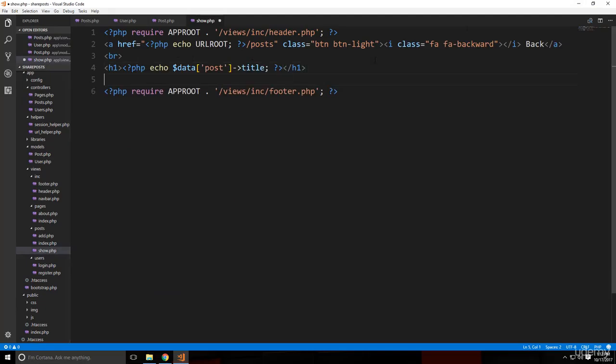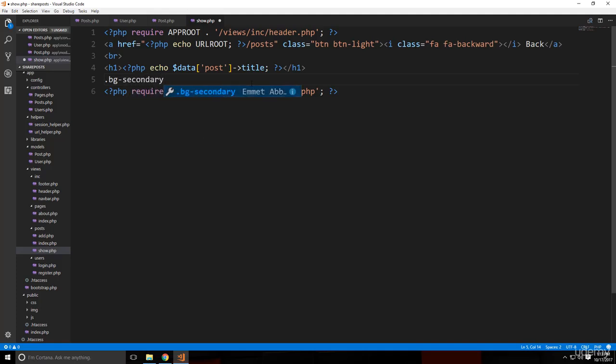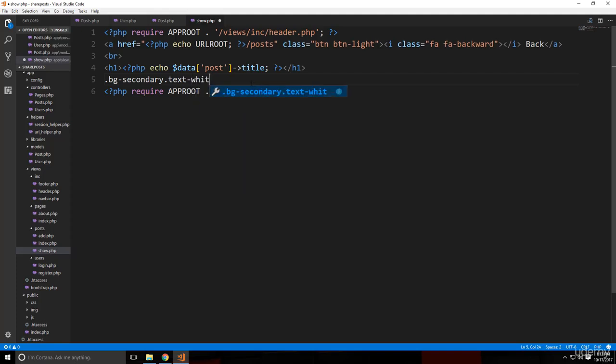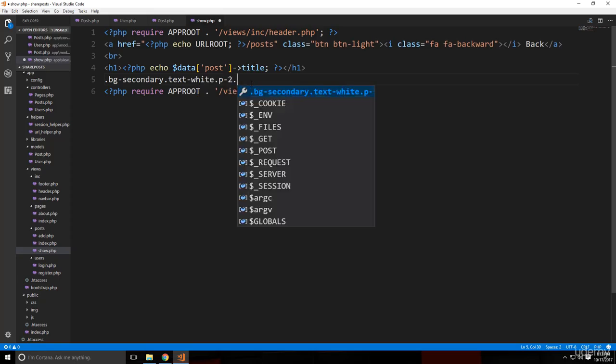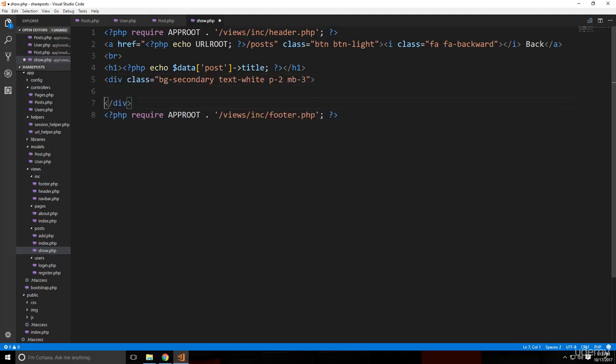So we'll go under the H1. So we're going to put a div here, and I'm going to give this a class of bg-secondary, which is like a kind of a darker gray background. Let's also give it a class of text-white, and let's do p-2, which is padding 2, and then mb-3, margin bottom 3. And then in here I want to put the written by,